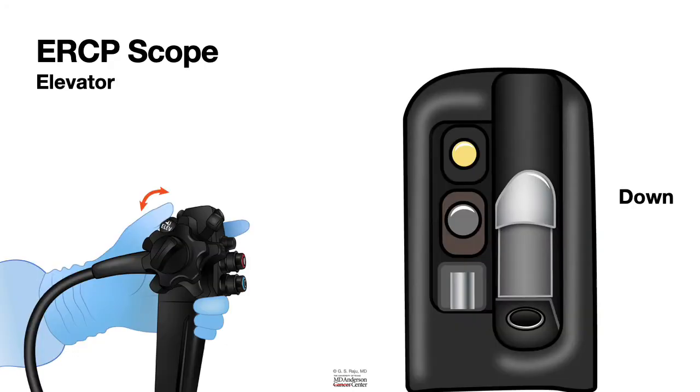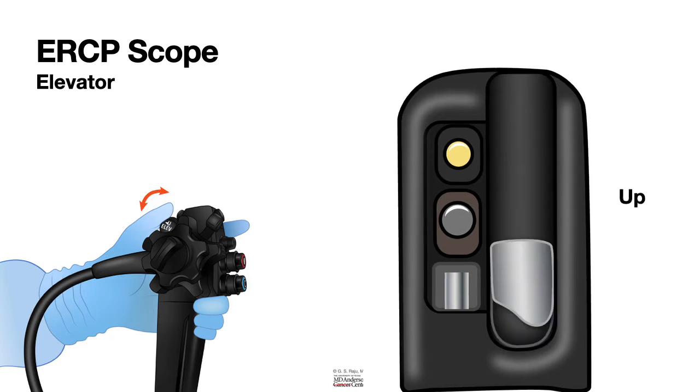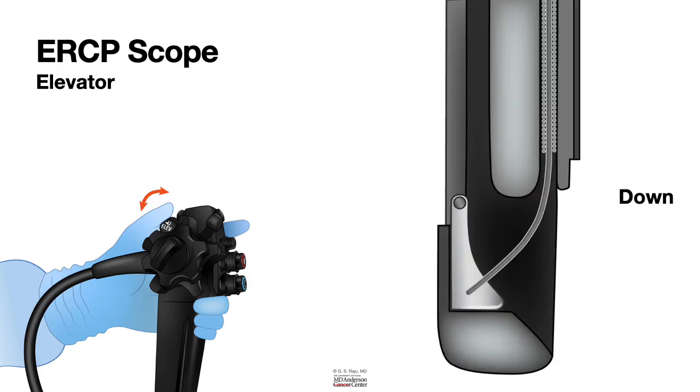The difference between a regular endoscope, either an EGD scope, colonoscope, or enteroscope, versus an ERCP scope or an EUS scope is the presence of an elevator. And as you can see here, the elevator is up or down. And why is this important? Because